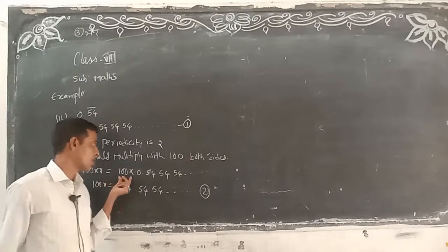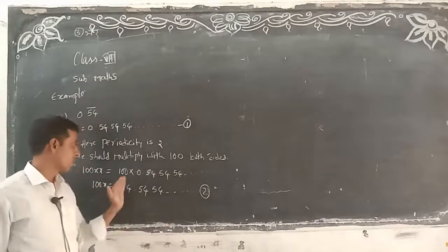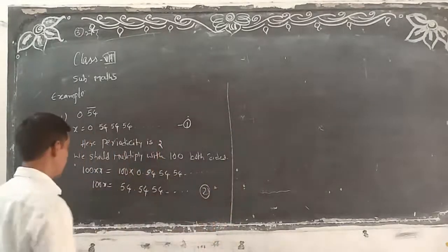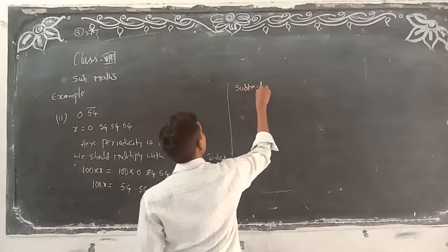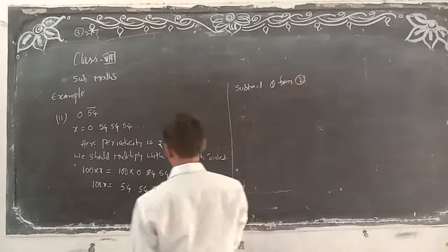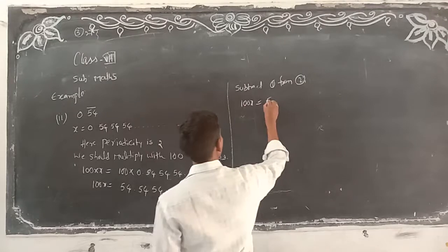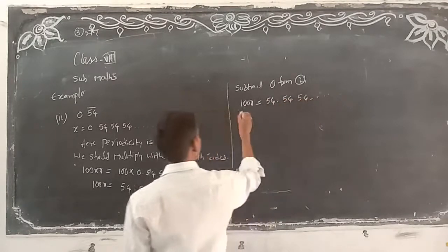Suppose you have 1000. Suppose there, you write down 545 dot dot dot like that. Okay? The 2 zeros, you will write the two numbers before the point. Next, same again, subtract 1 from 2. What is the second one? 100x is equal to 54.5454 dot dot dot. What is the first one?